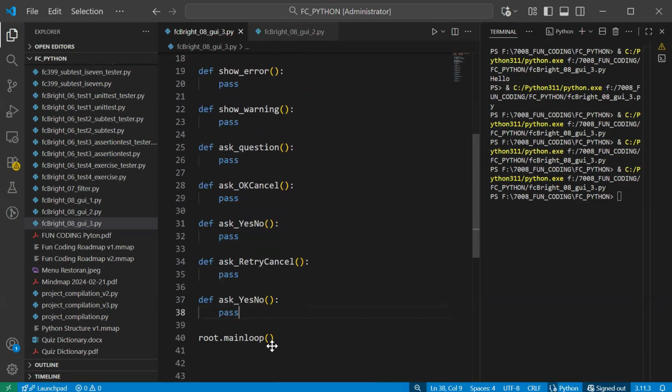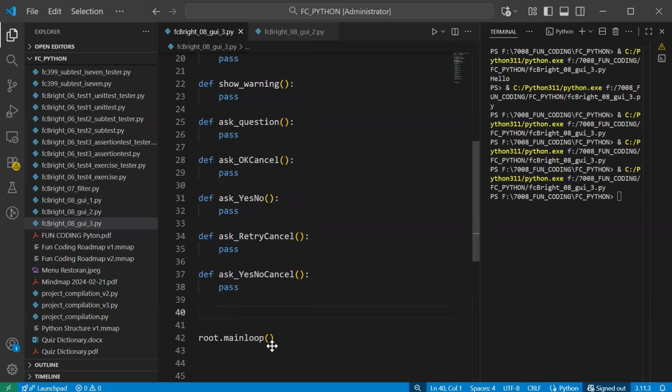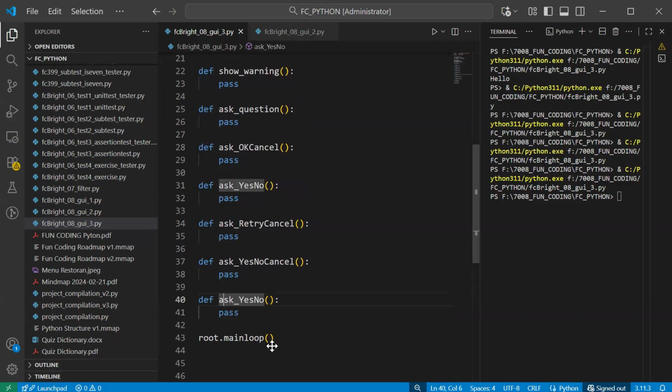And another one can be yes, no, or cancel. So some combinations: button yes, button no, or button cancel. There can be three buttons there. We can also put the dev questions here, but still pass.